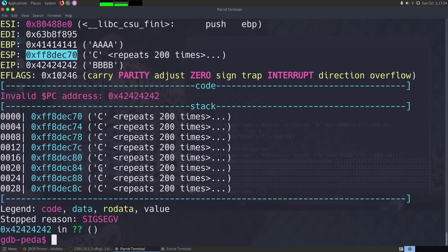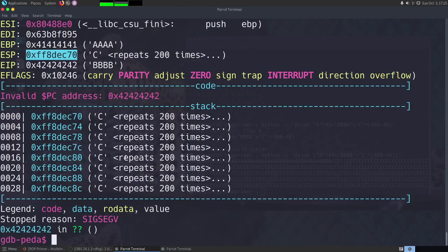But since we know that no execute is present here, we will not be able to do that. And so what we want to do is basically run some commands without writing into stack, or without jumping into stack. Basically, since the stack is no execute, we cannot have any piece of opcodes into stack which we can reuse.